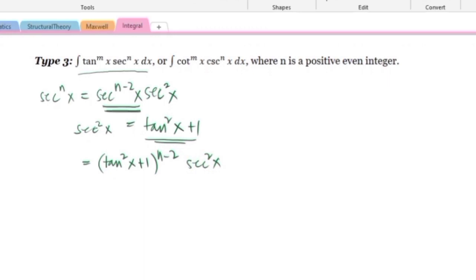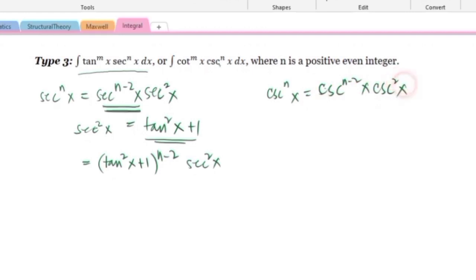And we will then obtain the products of the power of tangent and secant square. And we could integrate this using the general power formula. What if your n is a positive even integer, para naman dito kay cosecant? So, we let the cosecant n x equal to cosecant n minus 2 x